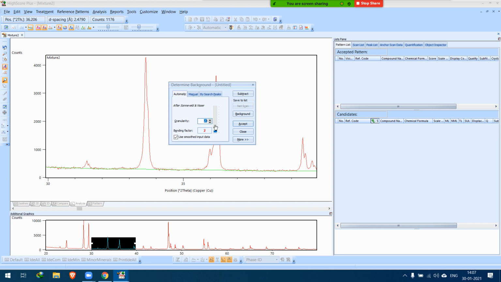If you decrease the granularity, you have a lot of points on the 2 theta axis. Now if you increase the bending factor, the background will move inside. So the best practice is to keep your granularity a little high, so that you have a uniform background, and then adjust your bending factor as per your requirement.